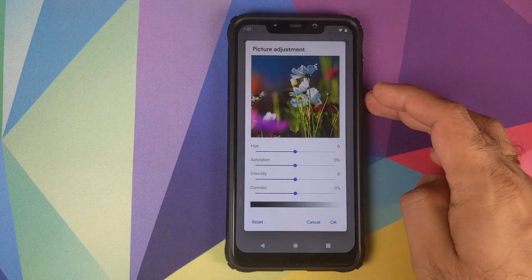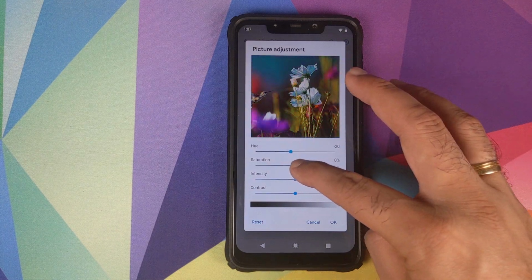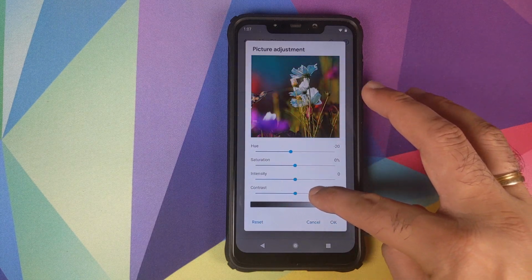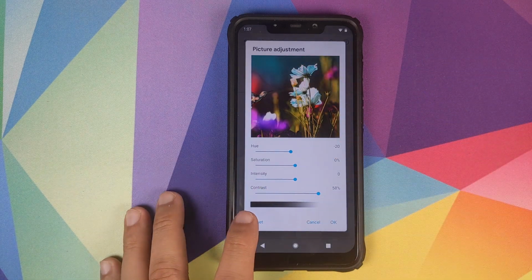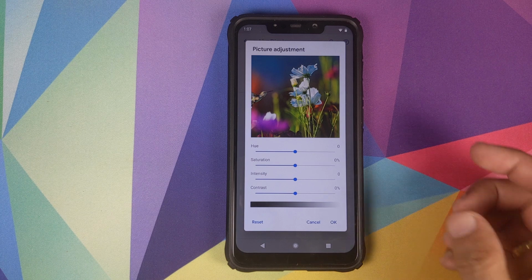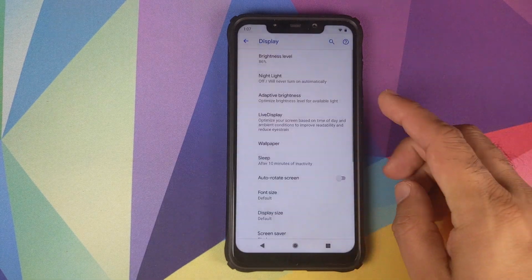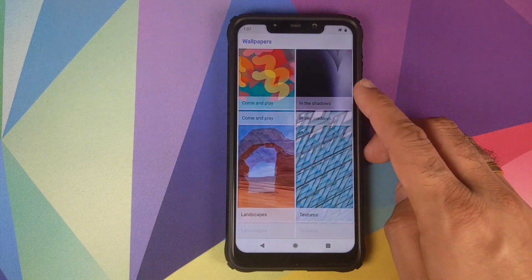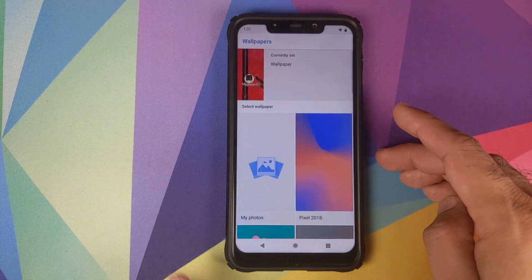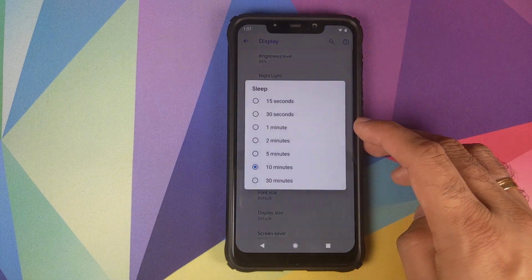And same applies for picture adjustment. You can adjust the hue, the saturation, the intensity and the contrast using all these sliders. In case you do not like a specific setting, just click on reset and it will go back to default. Then you have the option of choosing your wallpaper. You do have live wallpapers from the Google Pixel 3 baked into this ROM, and the option of choosing sleep,